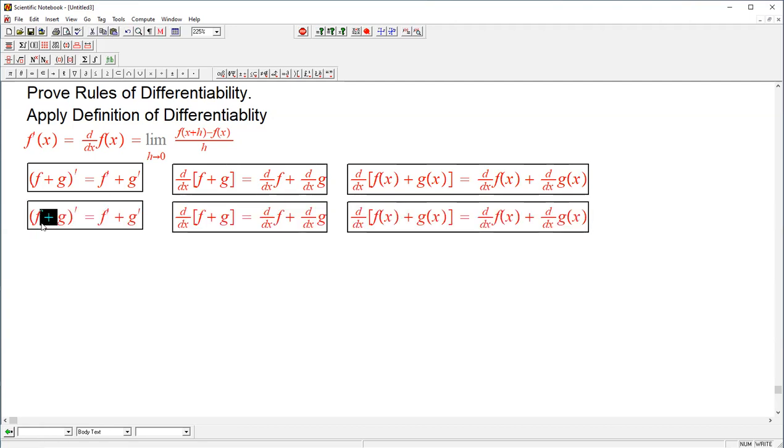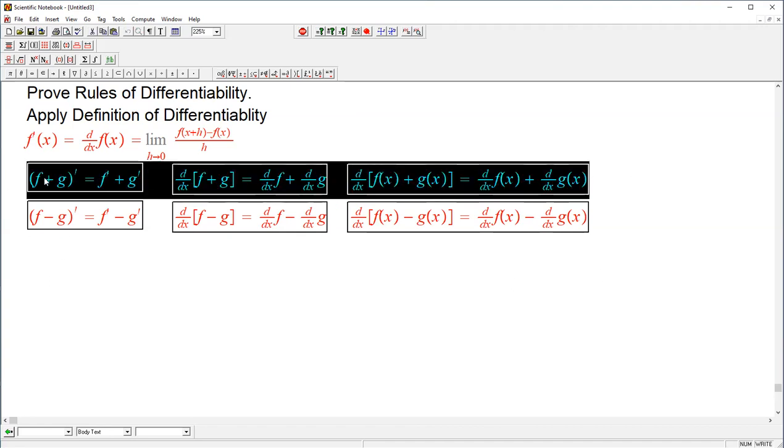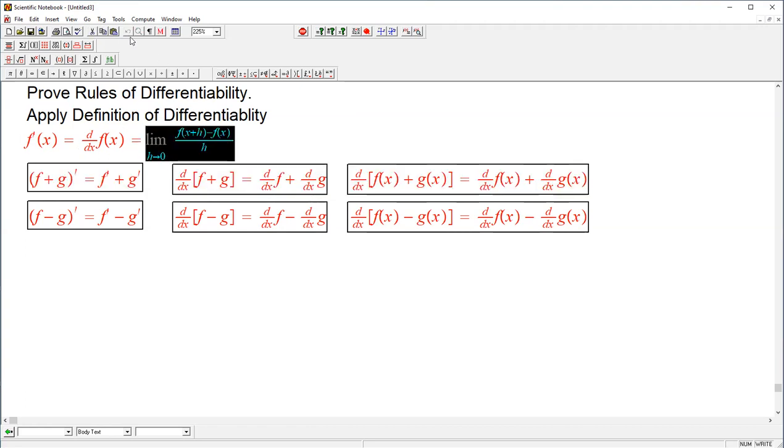We're only going to do the addition, and subtraction is going to be left for you. So subtraction is also true. Then we're going to prove the product rule and quotient rule, which we did in class, but I'm going to do it again so that you will practice along with me. So let's work on the derivative of a sum. Of course, we're going to apply the definition, and this time it is going to be f plus g